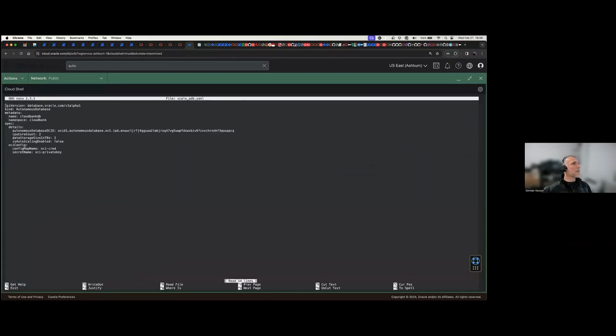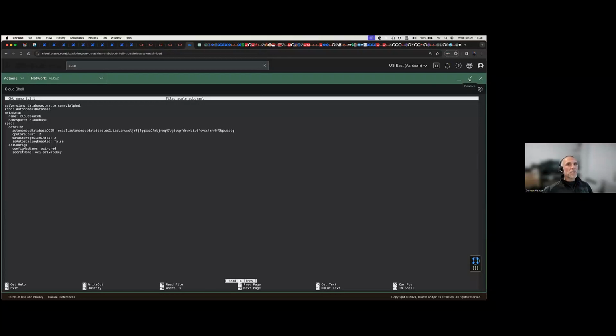Okay, I have a YAML here that is basically saying, I have Cloud Bank DB. It's an autonomous database. This is the OCID. So this OCID will have to change because it's from a previous run. And I want it to be 2 cores right now, 2 CPUs, and I want it to be 2 terabytes in storage, not 1 and 1, but basically 2.